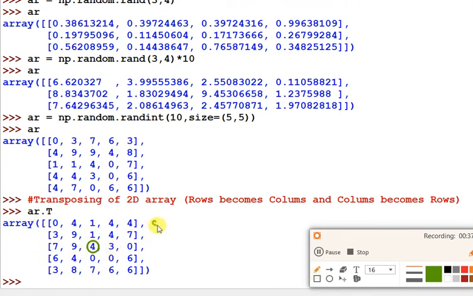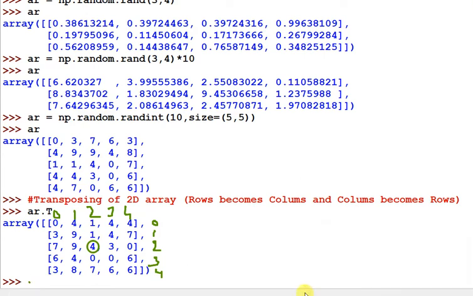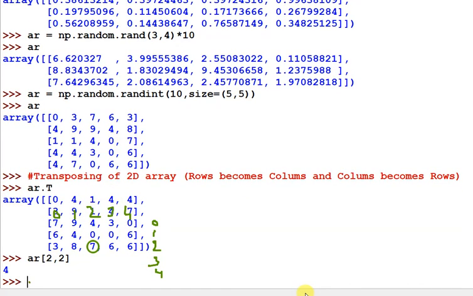This is row 0, row 1, row 2, row 3 and row 4, and column 0, 1, 2, 3 and 4. I want to access this 4. So if I pass AR with 2 as the row and 2 as the column, then you can get 4. So this is the 4.